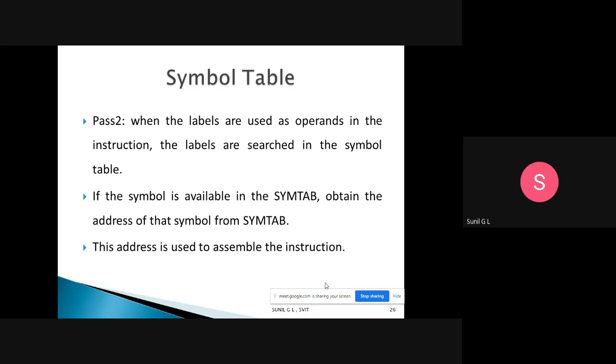In the first pass, it lists all the labels and their addresses. In the second pass, if those labels are used as operands, it gets the address of that operand from the sim table. That's all.